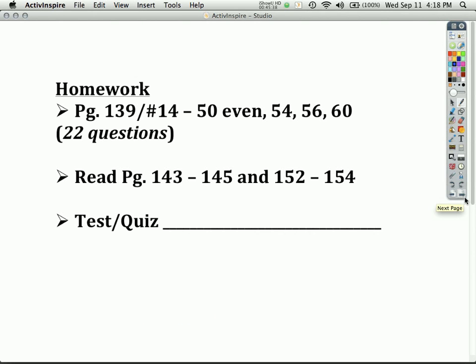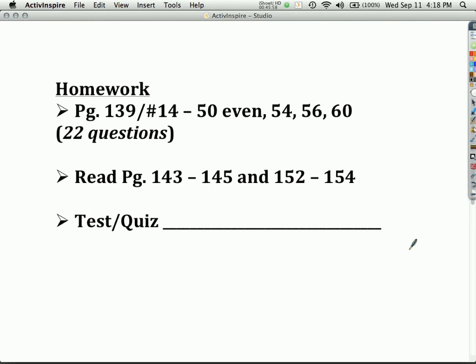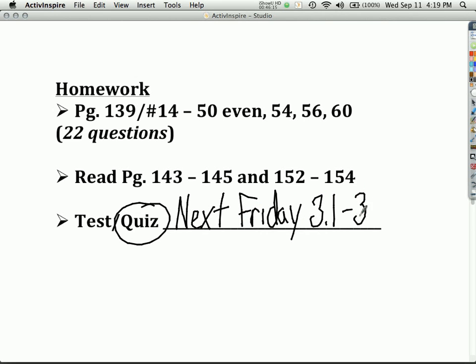And your homework is on page 139, numbers 14 through 50 even, 54, 56, and 60. That's 22 questions. You're going to read the next 2 sections. This is incredibly important to read the next 2 sections. And you will have a quiz next Friday. So not this coming Friday, but next Friday. And that will be 3.1 to 3.3. You will also have another formulas quiz next